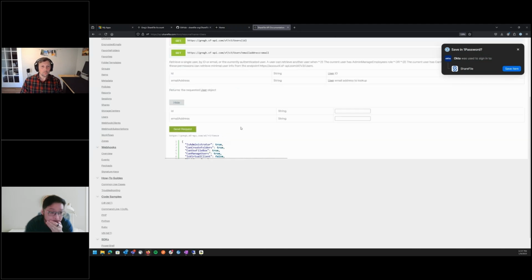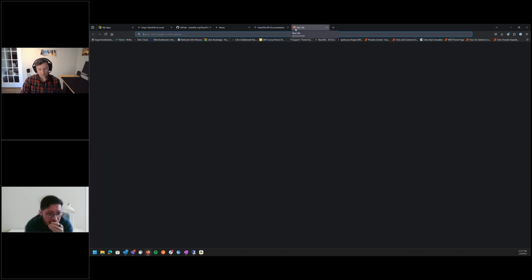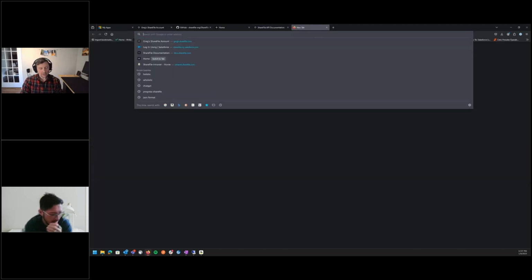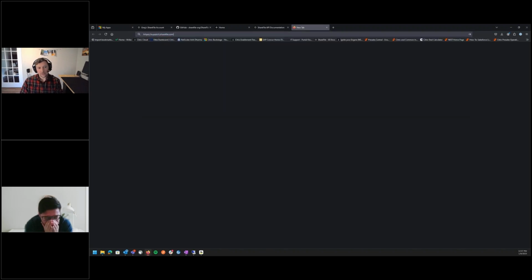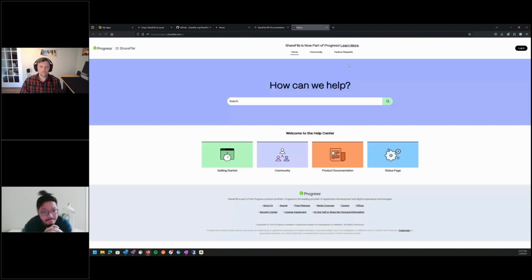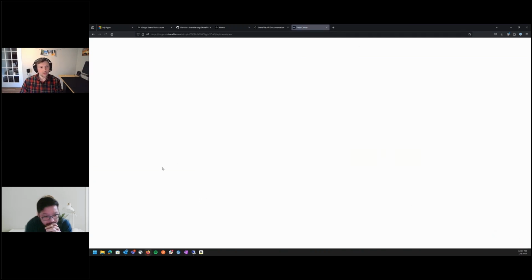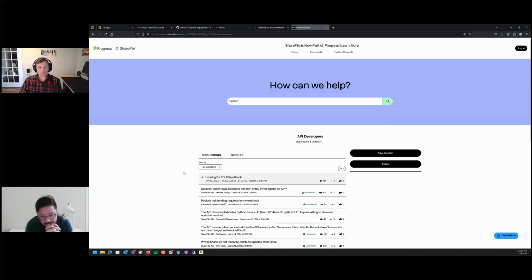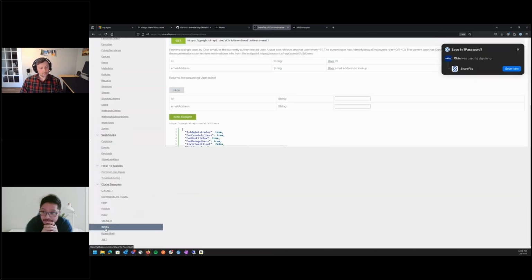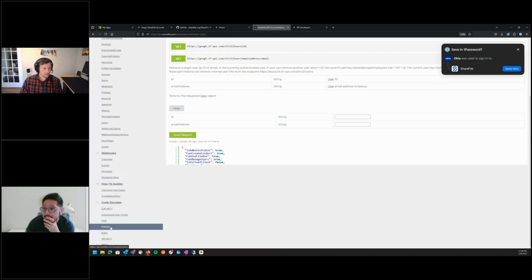If you want to learn more about it or ask some questions, under support.sharefile.com, we do have a community page. If you come to community, we do have an API developers section. If you start to get into it and you have some feedback or just want to ask a couple questions, we do have some support representatives, and I believe some of our engineers monitor this as well if you have any questions. But in addition to that, we also do have the ShareFile SDK,